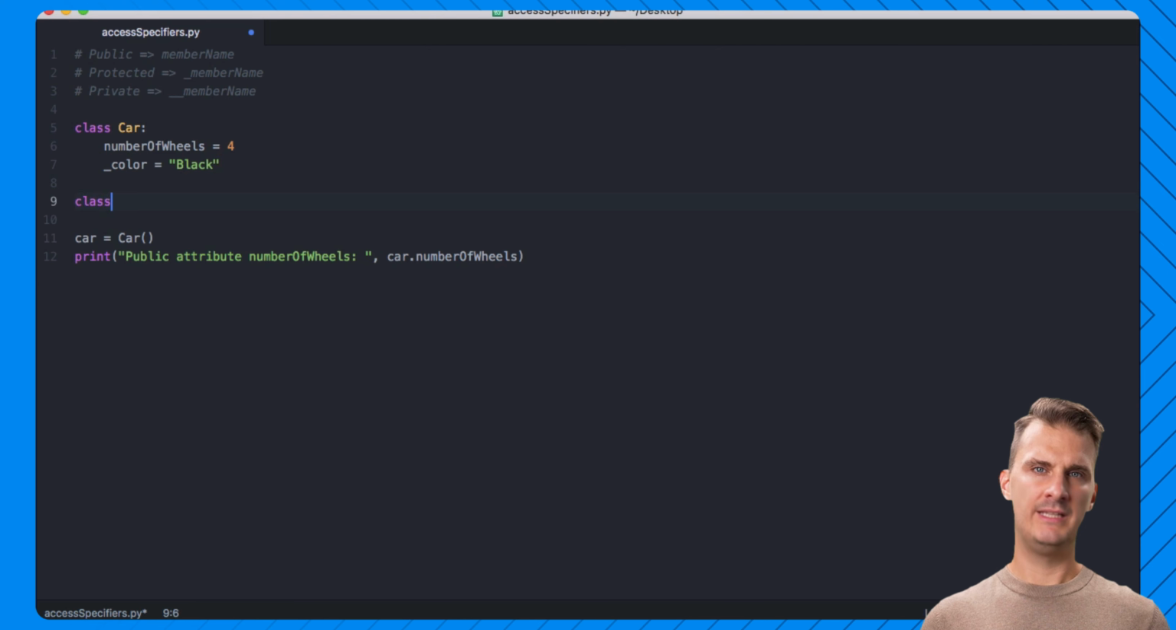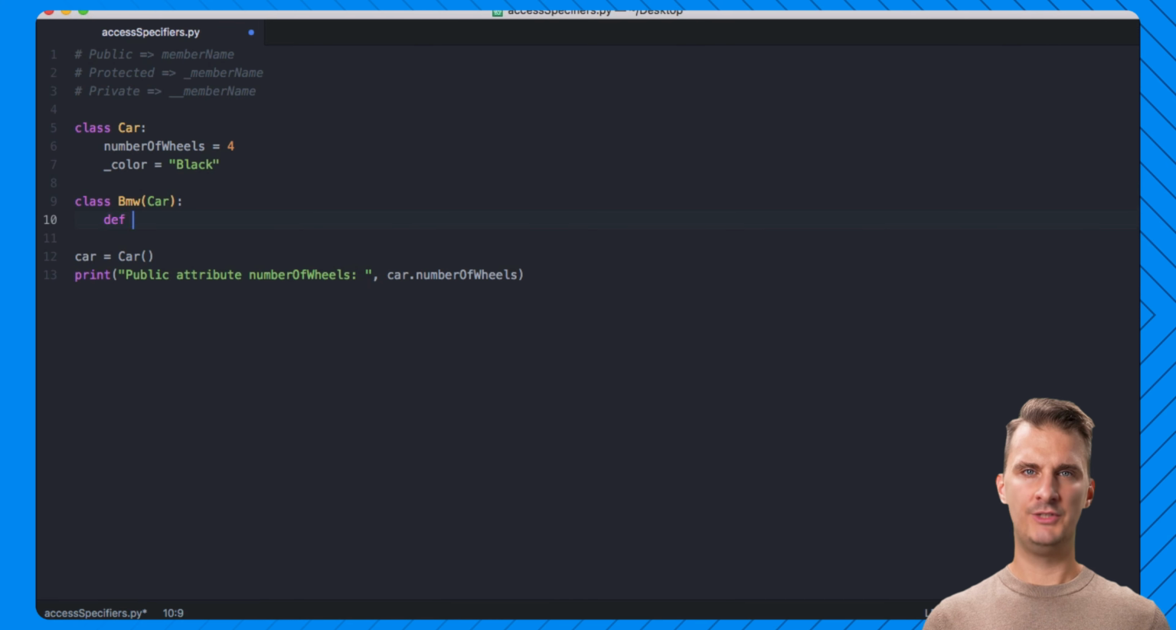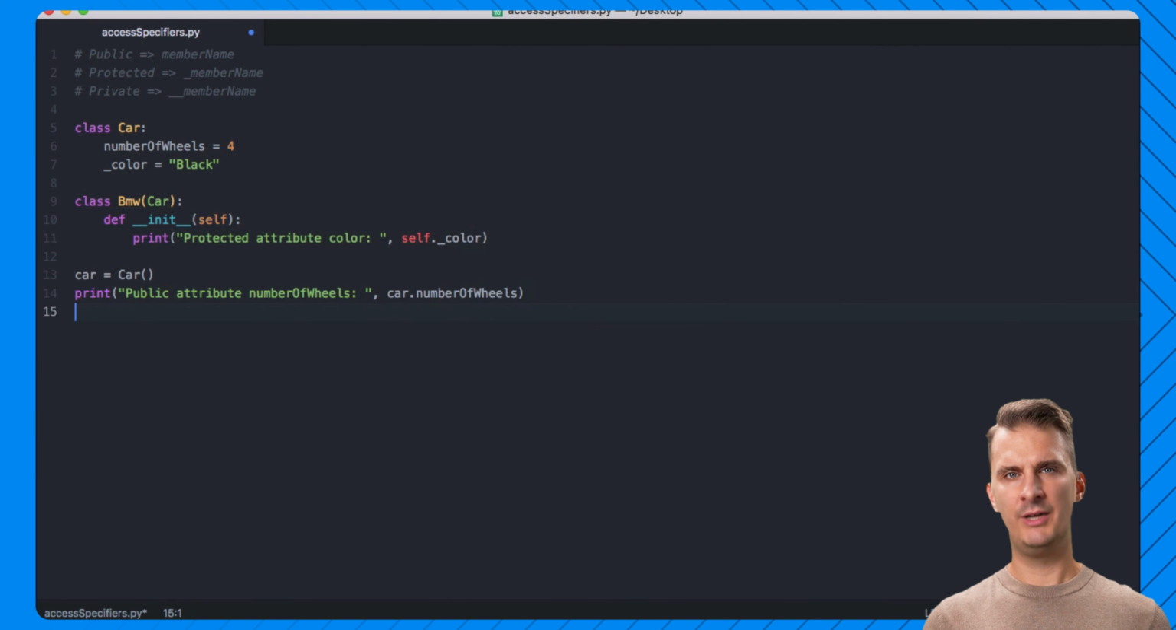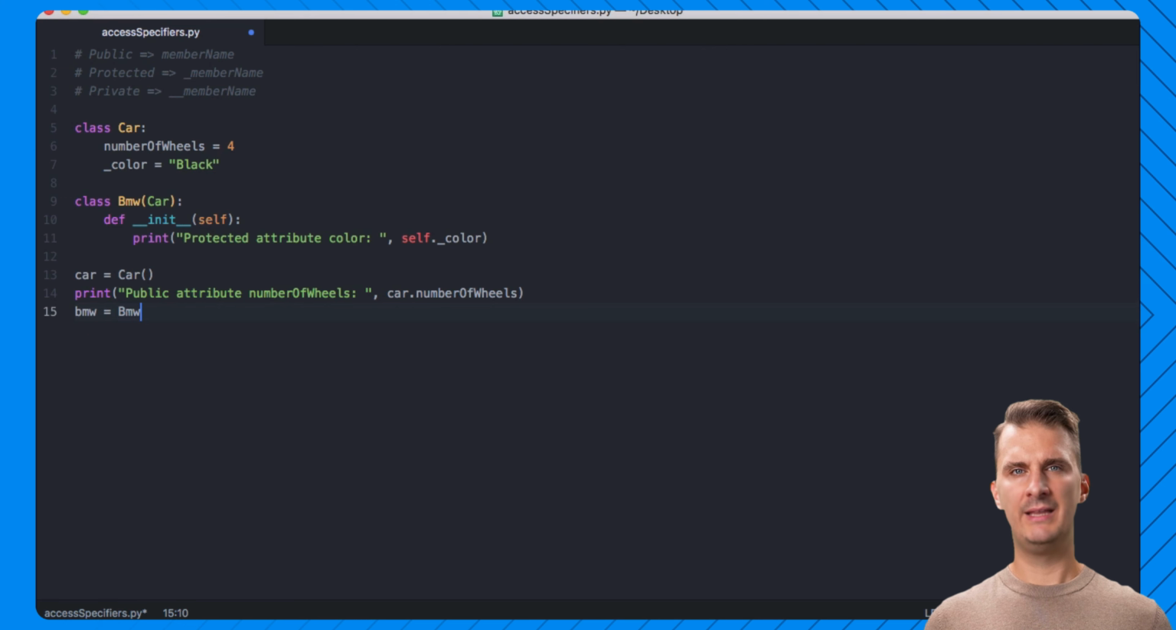So let's create a new class. Let's call this one BMW, which is a car, and so let it inherit from the class car. And what we will do here is, in the init method of our BMW class, let's just print the value of the protected attribute color. Now let's create an attribute for our second class BMW, and then what we will do is before we move